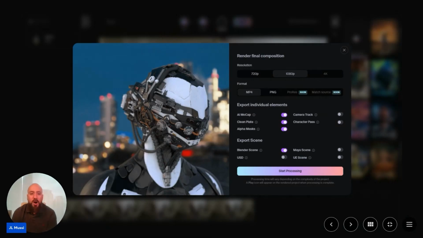So Flow Studio offers several export options that affect both quality and post-production control. For this, we're going to keep it simple. We're going to export a single video file with all those passes baked in. We're going to select the desired resolution. And one note about Flow is that it won't actually up-res past the native video's resolution. After that, we're going to go ahead and choose the file format that we want. For this demo, I'm going to choose MP4. And then we're going to send this off to the render queue. Flow renders in the cloud, so you will be able to keep working since this doesn't hog up your local